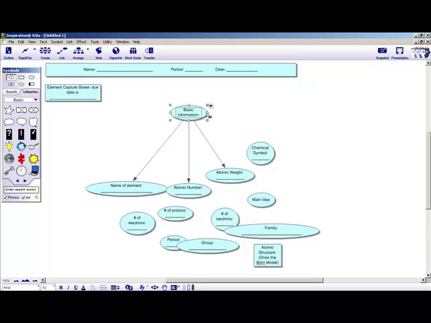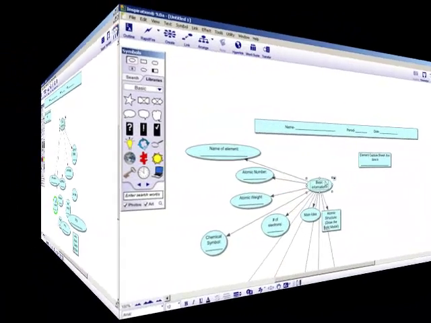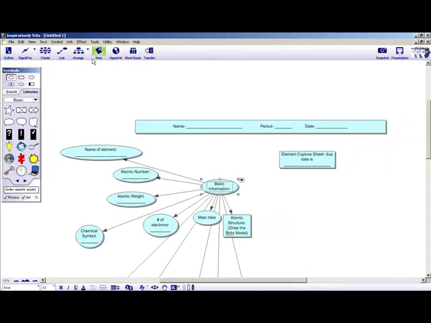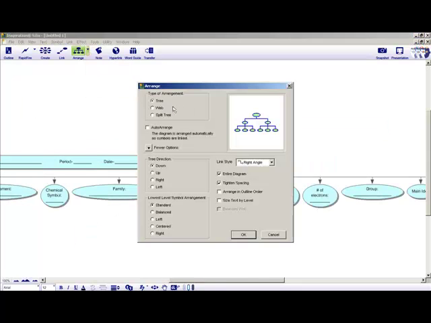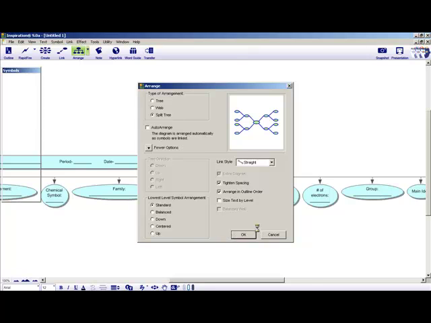And you can try a couple different ways to make it work for you. And after you do this,